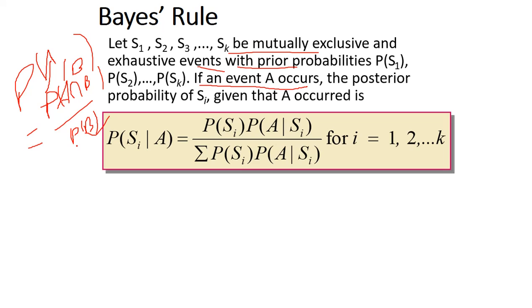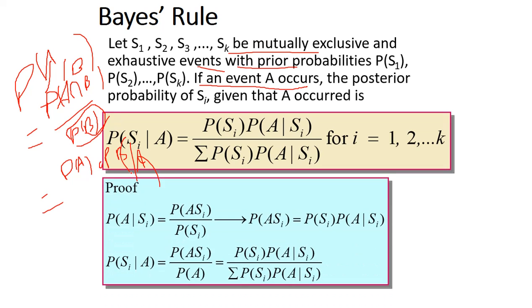Here the probability of B value we can change by applying some definitions. Before that, the probability of A intersection B we can write as probability of A into probability of B given A. No change in meaning, so we can write it like this. Finally we got this. See, this is a simple proof. For probability of B, we got this value as a summation, because of the prior probability condition.